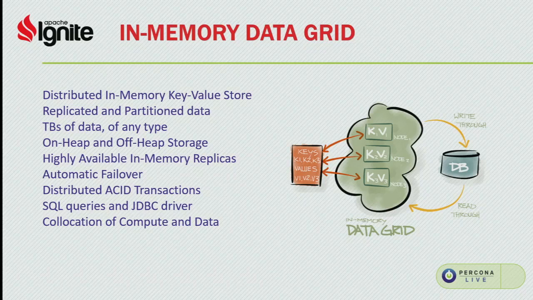But it's a unique storage, because at the implementation level, it's still a data grid. You can talk to it using standard key-value operations like get a key, put a key, or get a list of keys. But this storage complies with ACID semantics. We implemented the two-phase commit protocol, which means that if you execute distributed transactions and update data stored on different nodes in different data sets, then our platform guarantees that either the whole transaction will be committed successfully cluster-wide,